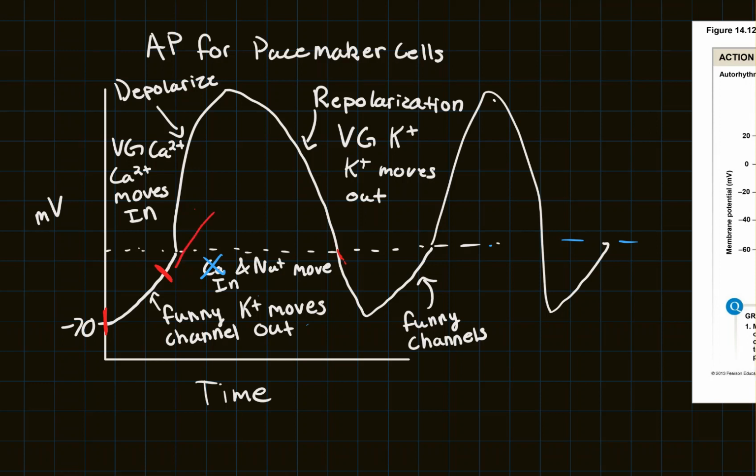And actually what happens is right here, we get calcium channels opening. And then calcium is responsible for that last bit where it goes up right here. So calcium is responsible for that tail end. Sodium and potassium are responsible for that first part of it. So in discussion, when I told you that calcium and sodium are moving in, that is still true technically, but calcium's not actually moving through the funny channels. So calcium is not moving through funny channels, it's sodium and potassium. But towards the very end of this gradual depolarization, we get those calcium channels opening.